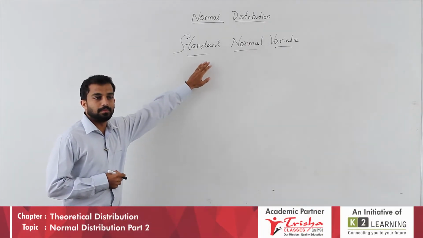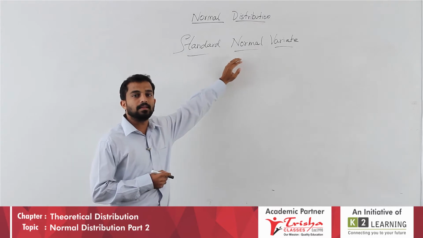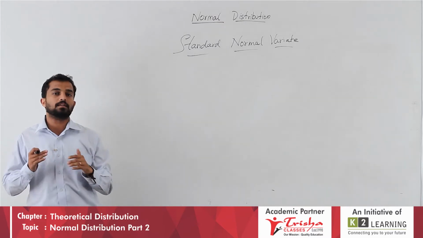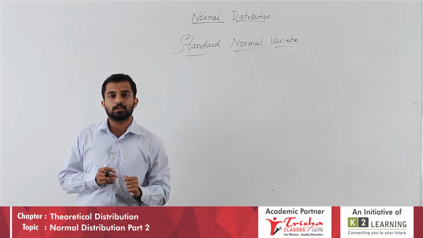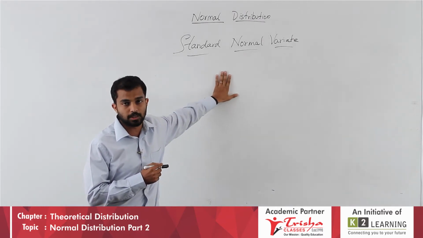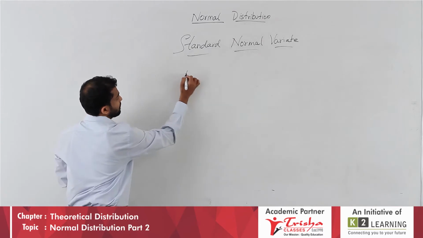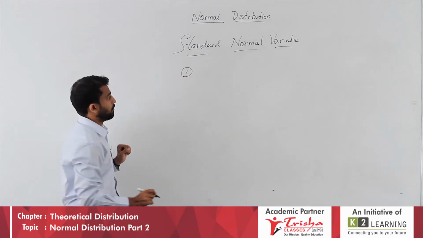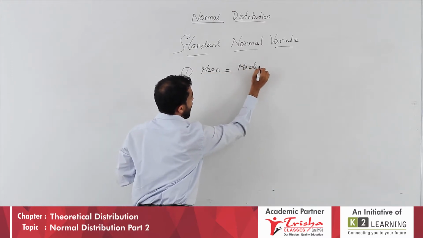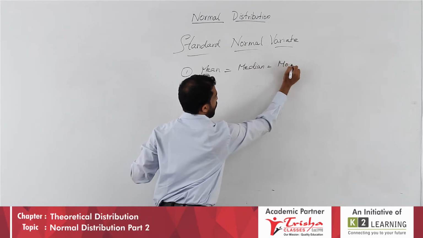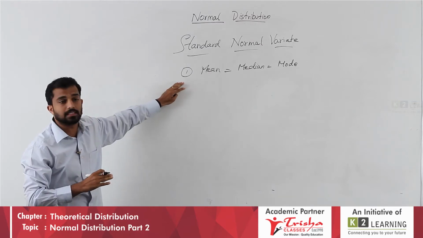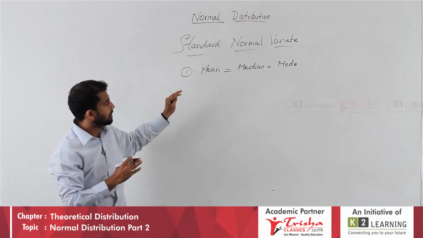Students, the next concept we're learning is standard normal variate. Now, what's the difference between a normal distribution and a standard normal distribution? Majorly, students, there are two differences. First, we said in normal distribution that mean, median and mode all these are equal. Definitely the same rule stands even in standard normal variate distribution, that is mean, median and